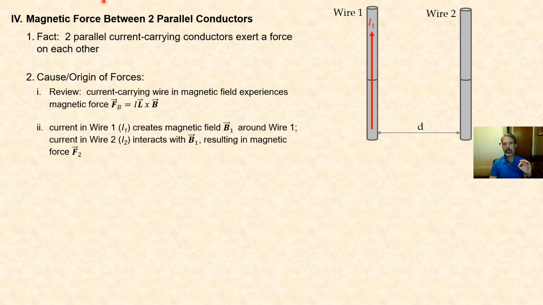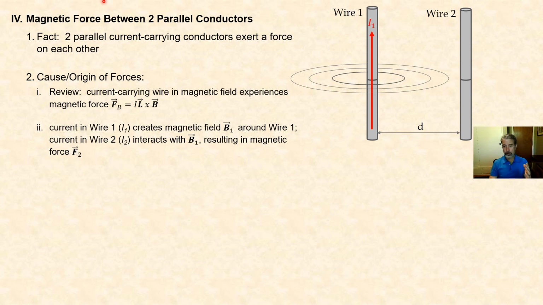That is, you let the thumb of your right hand point in the direction of the conventional current, and your fingers will naturally curl around the wire in the direction of these field lines. So when I do that, we see that the field lines are concentric circles. Now, I'm not showing you the direction yet, but what we can say is that the current in wire 1